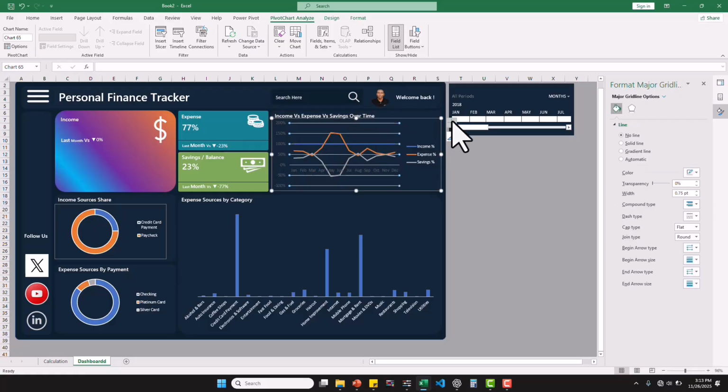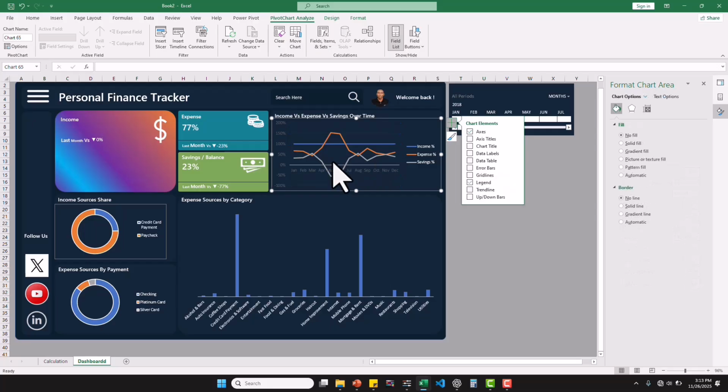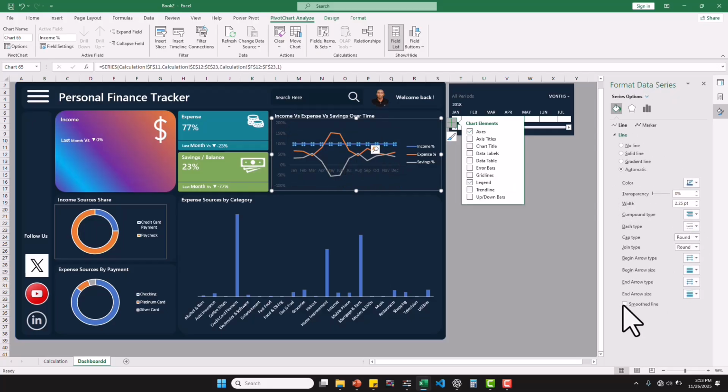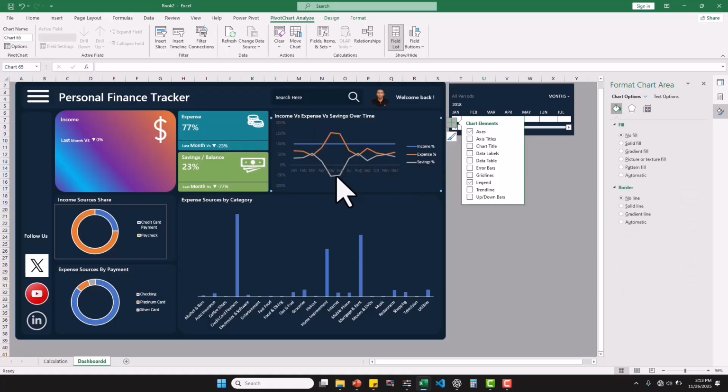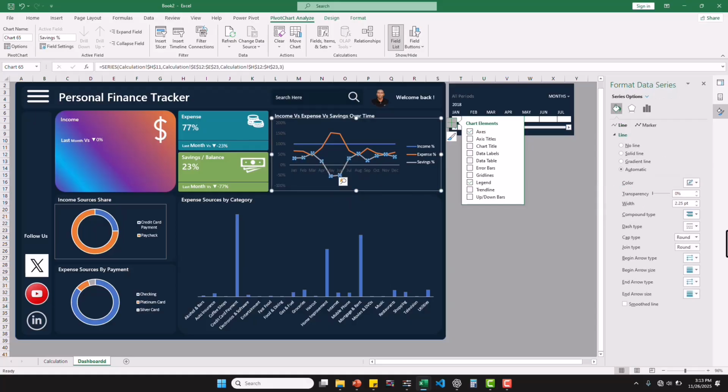Let's remove the grid lines of this one. Remove grid lines. So I'll be changing this color. Let's change this color to blue. You know what? Let's smoothen it first. Let's smoothen this one as well. Let's smoothen it. Smooth